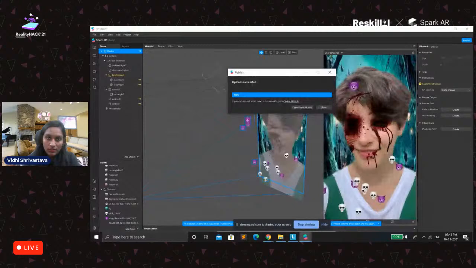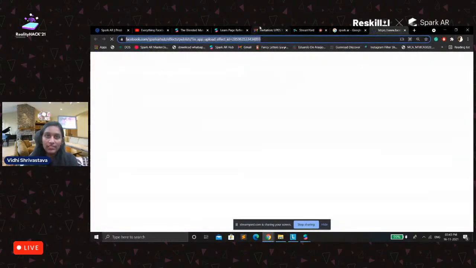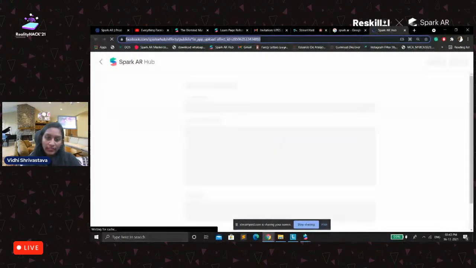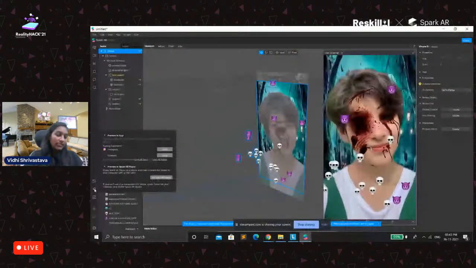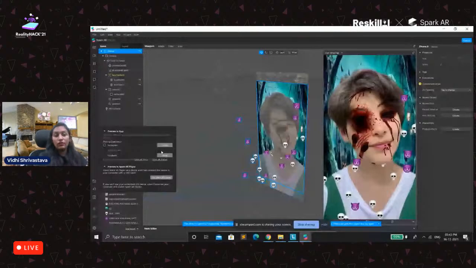Yeah, you could see a new window has appeared here, and then either you can test directly from here, just click on test on device, and if you send this, you will see a kind of notification on your Instagram on your device itself.